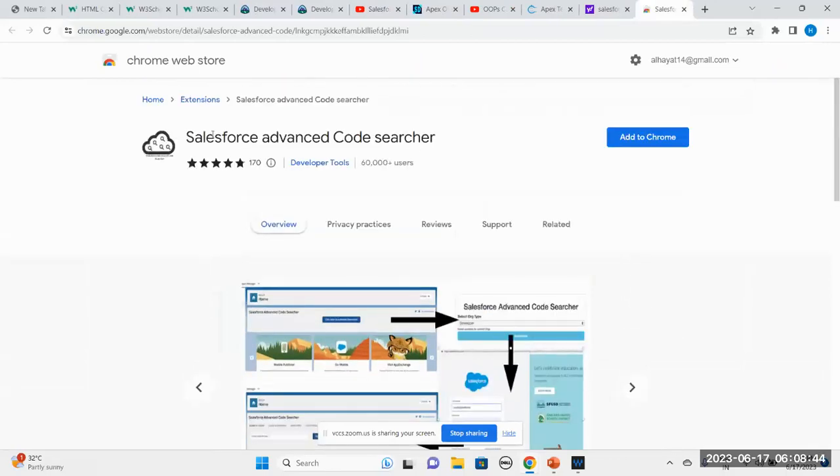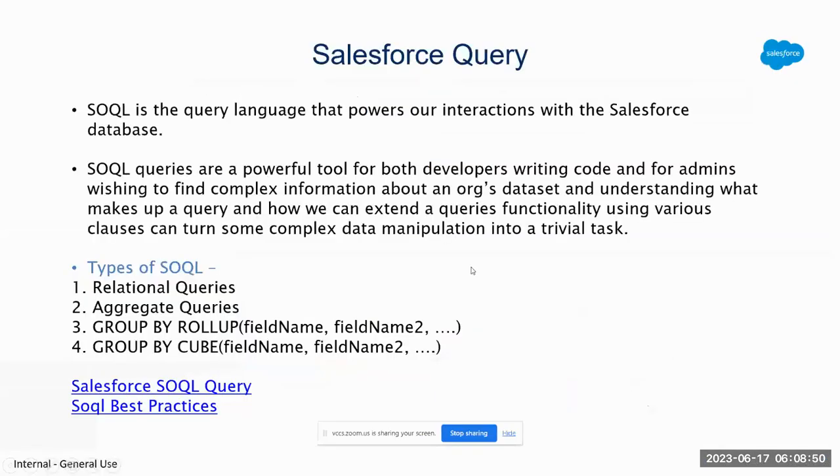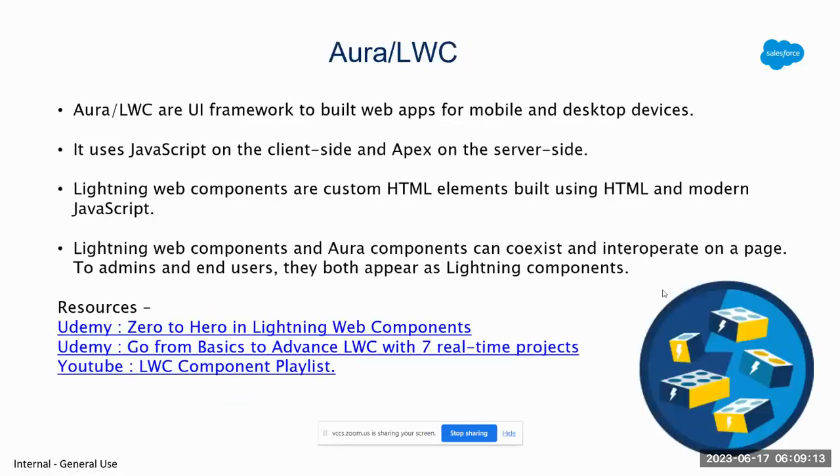But yeah, if you start using it, you can definitely start doing your SOQL queries, and that is again very important for you. So please, guys, admins, whether you go into development in future or not, SOQL query is a must for you. And I have again provided you some links, I think, for the developer guide and the best practices ones. You can always go through these articles and get more detailed info about SOQL queries.